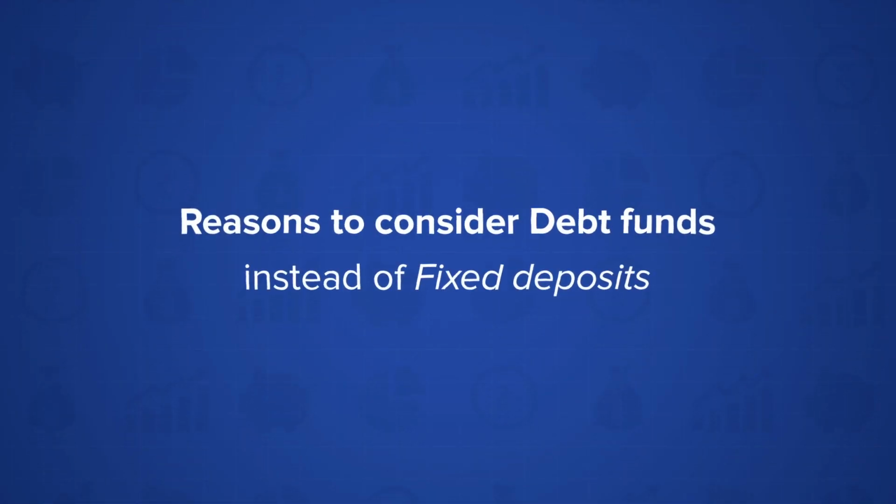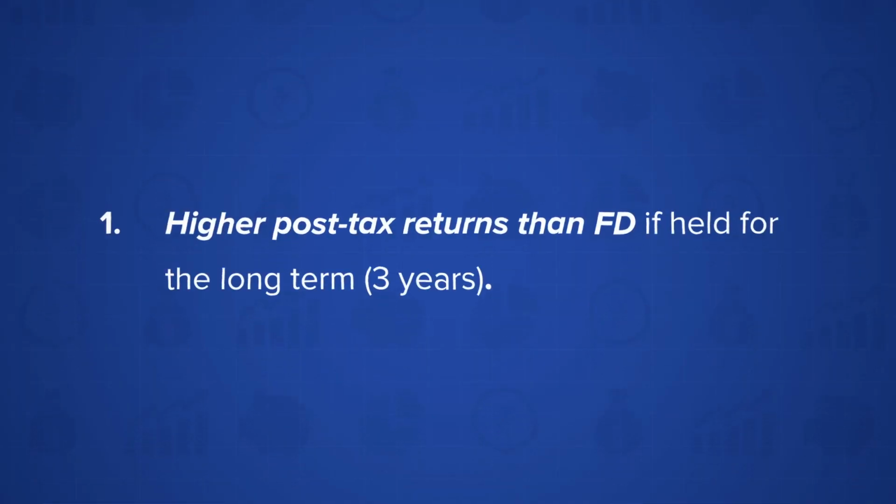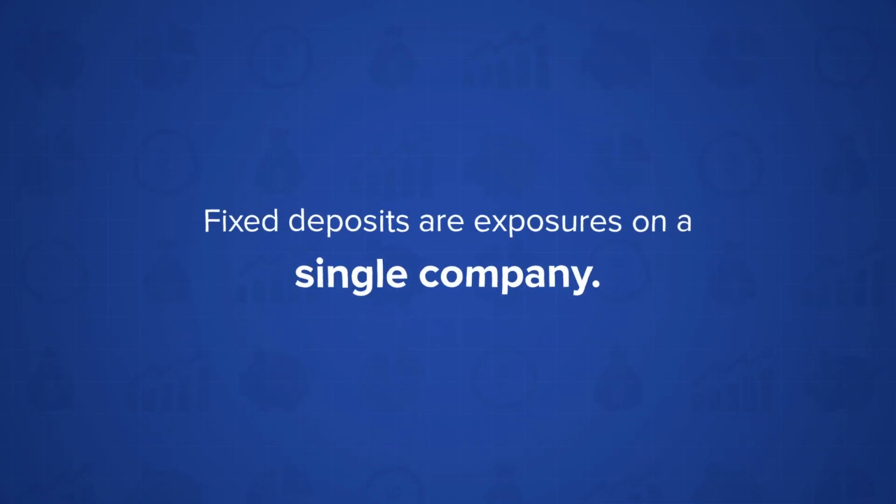Now, having said all this, what is the case for a debt mutual fund vis-a-vis a fixed deposit? Option 1. If one is to stay invested for a 3-year period, the returns that one gets from debt funds get a lot more tax advantage than what one would have in a plain simple fixed deposit. So to that extent, there is a tax arbitrage that at least one enjoys. If you are in a 30% tax bracket, you must certainly consider a debt mutual fund as an option as compared to an FD.